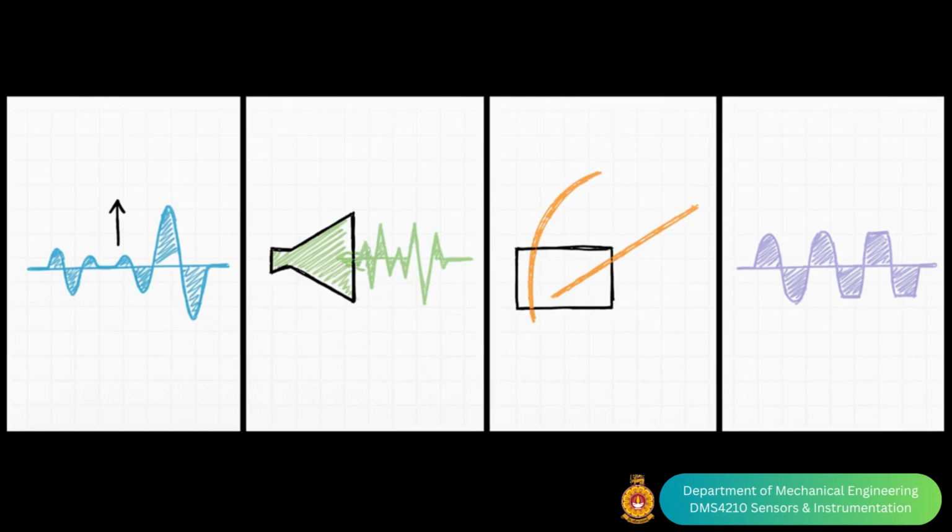But here's the catch. That primary signal is rarely ready to be used as is. It might be incredibly weak or completely distorted by background interference, so we have to condition the signal. It might need amplification to boost a really faint pulse, filtering to strip out all that messy background noise, linearization to straighten out its response curve, or even conversion into an entirely different electrical format. This stage is absolutely vital to ensure the signal is robust and standardized for the journey ahead.